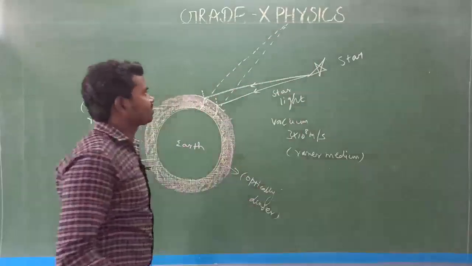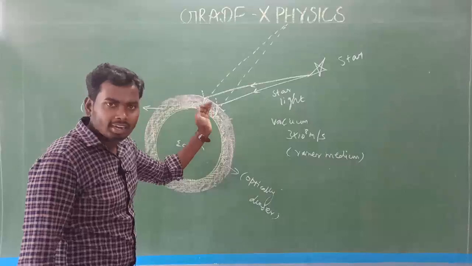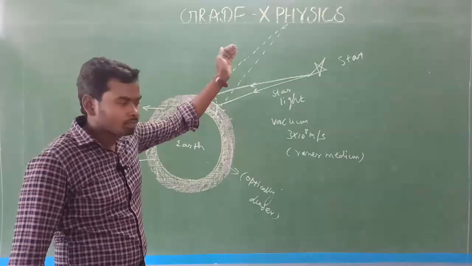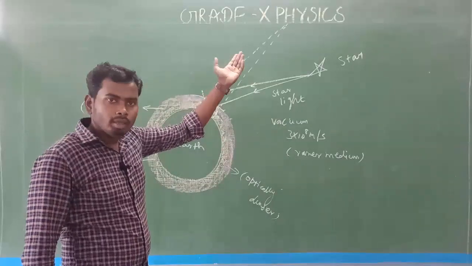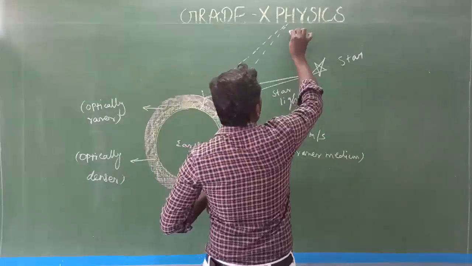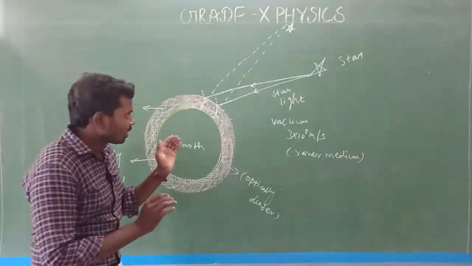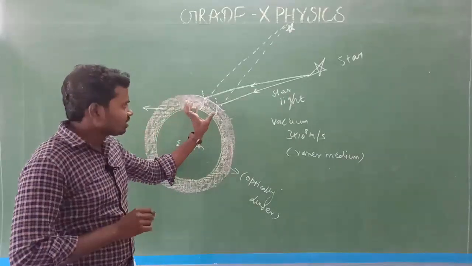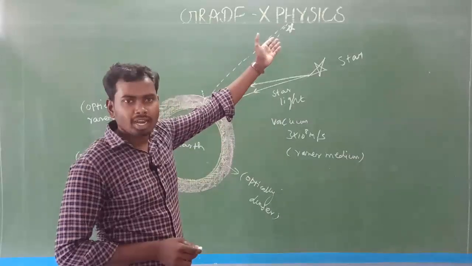Can you see this? Yes, very simple. So if we extend these two refracted rays to the back side, the star appears to be higher, somewhere over the space like this. So here the star will be there. Look here, very simple concept. If we extend the refracted rays back, the two refracted rays appear to meet at a single point.